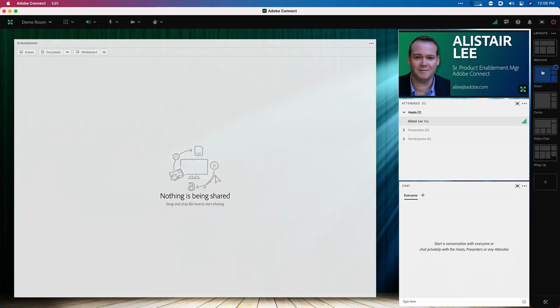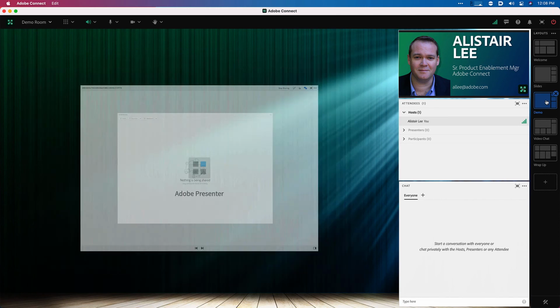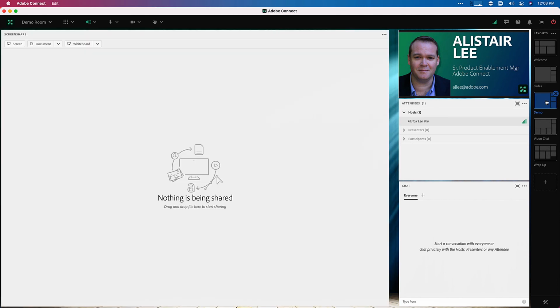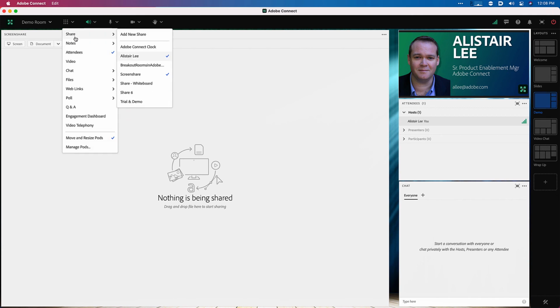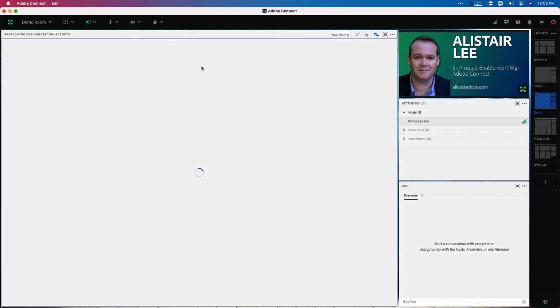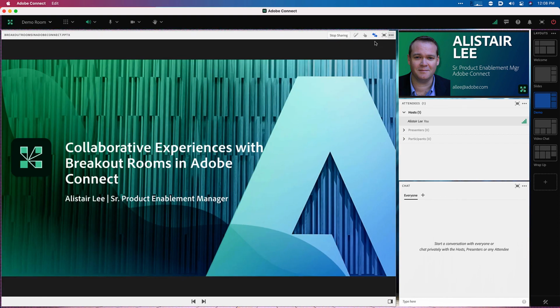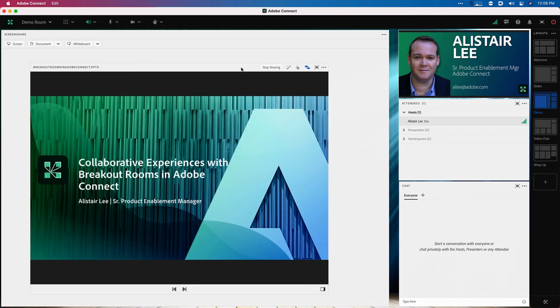Now, when I move from the slides layout to the demo layout, I've got two different instances of a SharePod. I can use one for sharing my slides and another for sharing my screen. One quick tip, you can also load in the slides from the previous layout. Place them behind another pod,